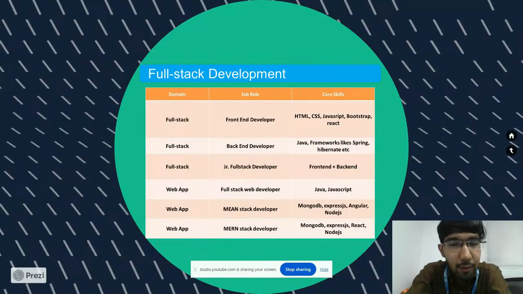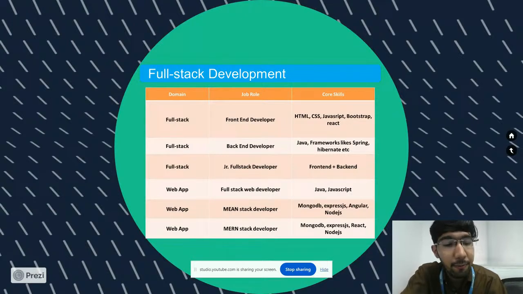तो अब अगर फ्रंट एंड में आप फोकस करोगे तो you will get HTML, CSS, JavaScript, Bootstrap, React, etc. In backend what you will focus on, Java frameworks, right? जैसे कि स्प्रिंग हो, हाइबरनेट हो, EJB हो, स्प्रिंग बूट हो, etc. If you are focusing as a full stack developer, so you will get a benefit as a front end as well as a back end developer, right? तो आपको अपॉर्चुनिटीज मिलेगी. If I am getting an opportunity for front end, then front end. If I am getting an opportunity for back end, then back end as well, right? So I can work as a one buy one get one offer,